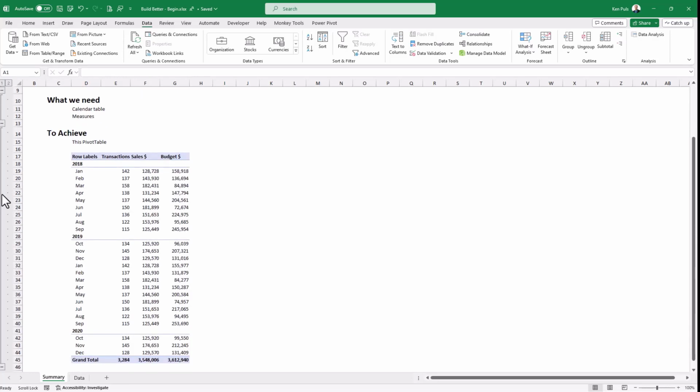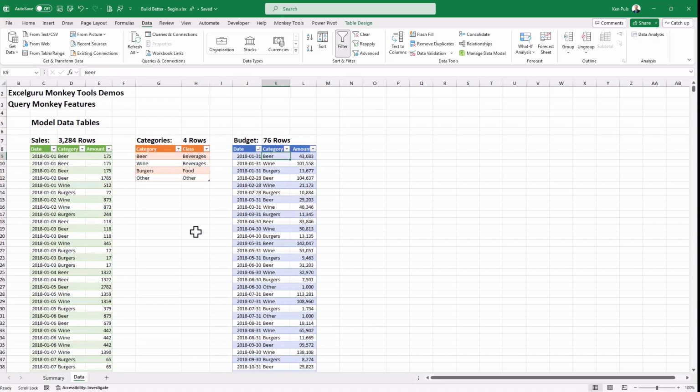Now, a key import that I want you to recognize here is that I've got 3 columns of measures: transactions, sales dollars, and budget. And more importantly, if you take a look at my 2019 period, you can see that my year end actually runs from October 1st through to September 30th. So I use a non-standard year for my business here. So what I'd like to do is actually go and build a data model so that I can report in this fashion.